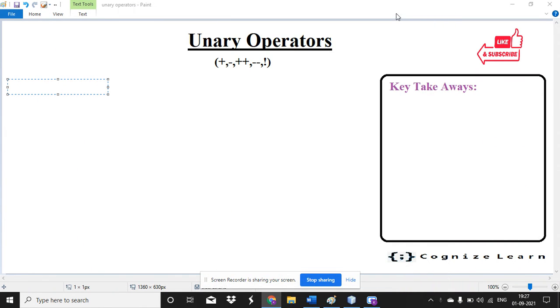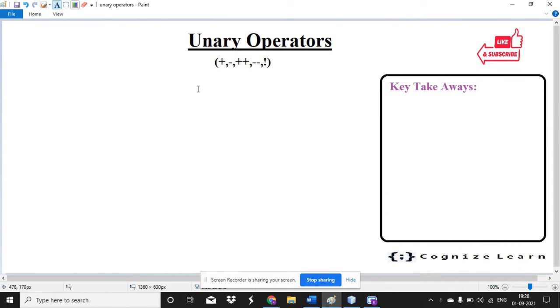Hi everyone. In this tutorial, I'm going to discuss unary operators. In the previous tutorial, I discussed 5 different operators in Java. Here I'm going to discuss the sixth type of operator, that is the unary operator. The operators used under unary operator are plus, minus, increment operator, decrement operator,